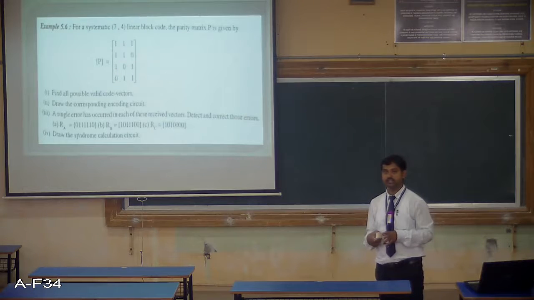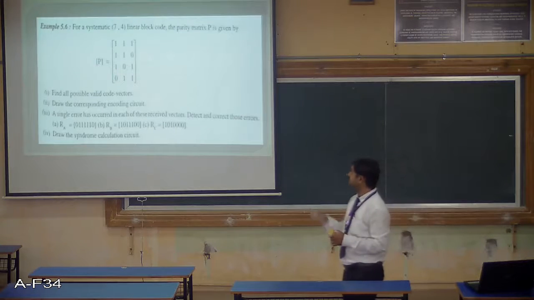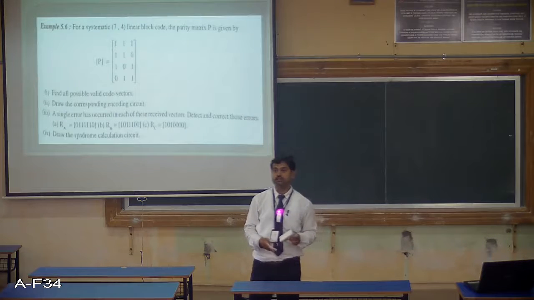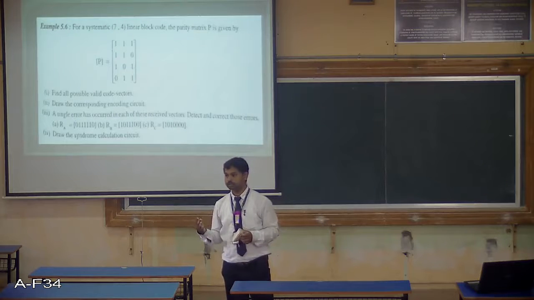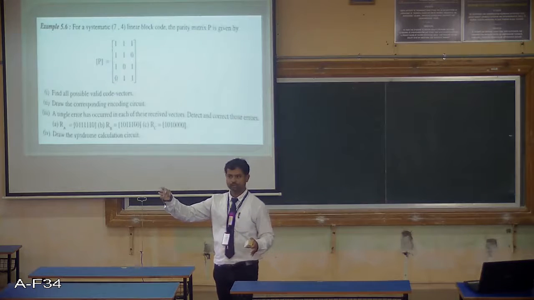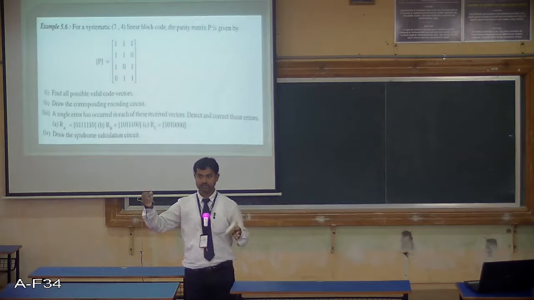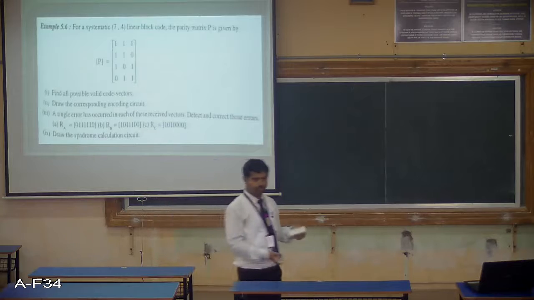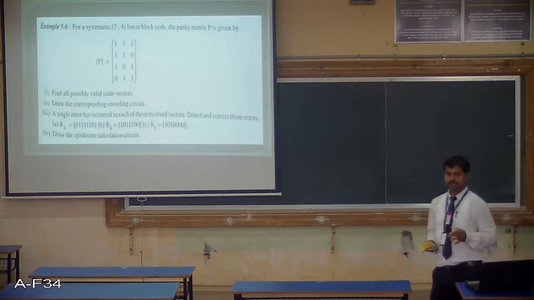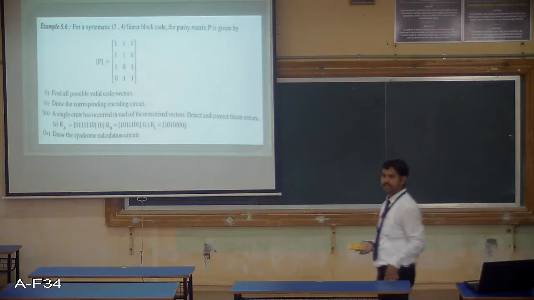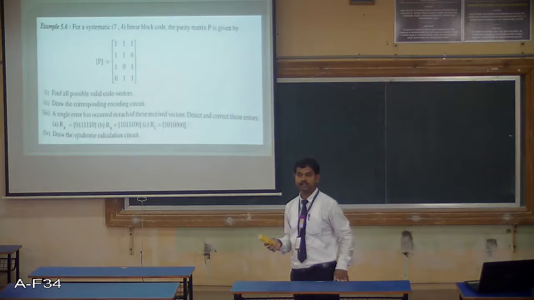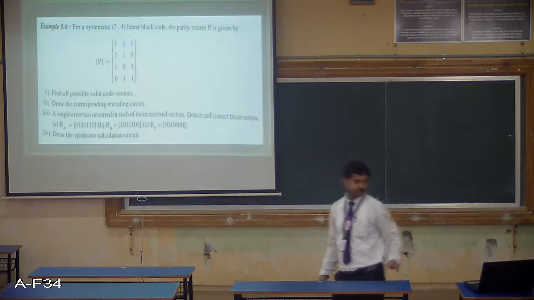C is equal to DG. Since k is 4, 2 raised to 4, there will be 16 distinct inputs. So for every input there must be a valid code word of length 7 bits. So totally 16 code words. I will go through the procedure, since the discussion was already done. The same thing has to be applied here and you need to work it out.